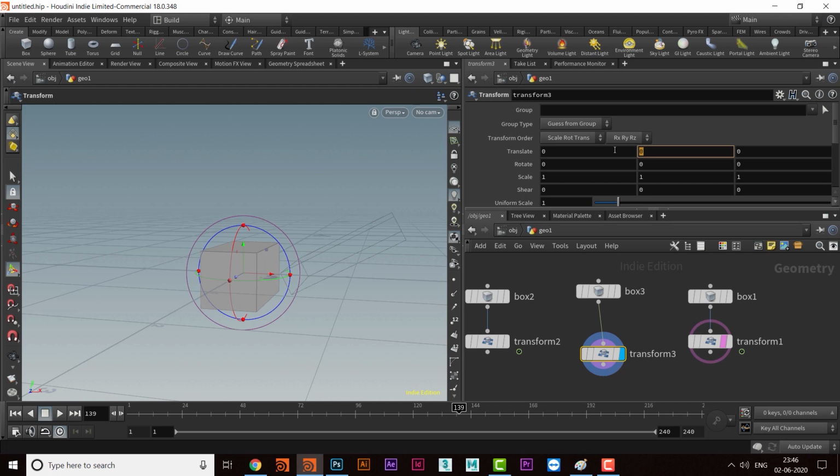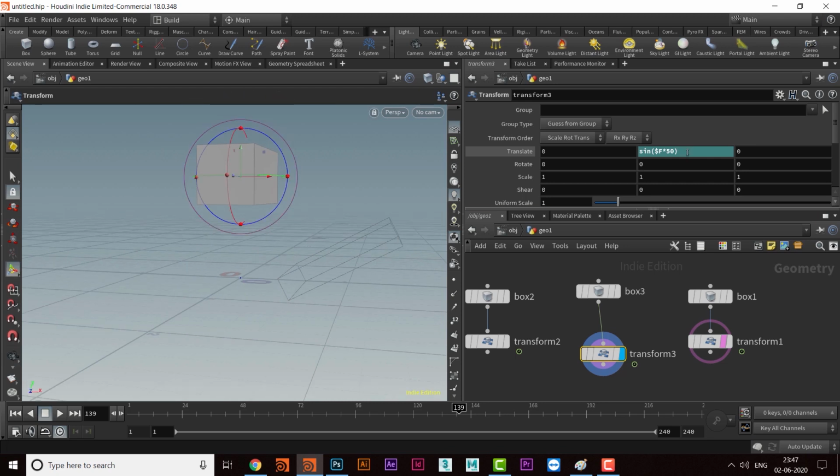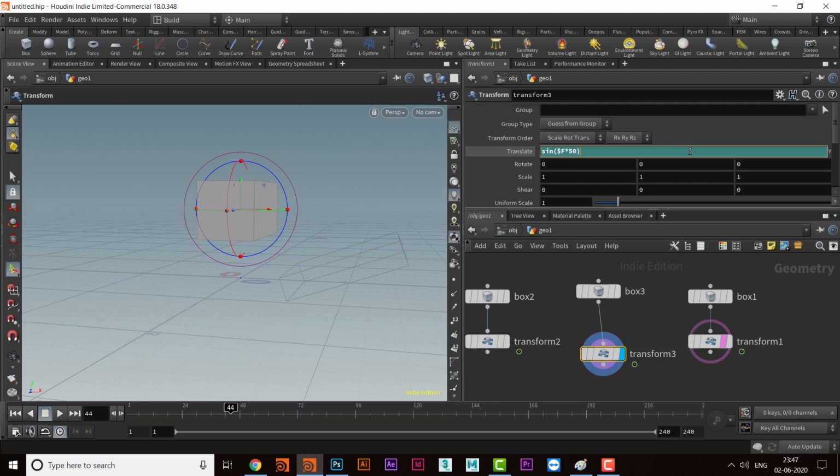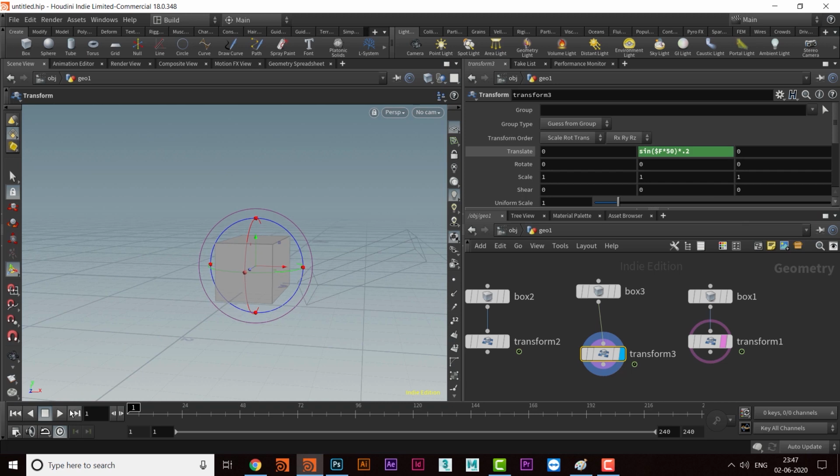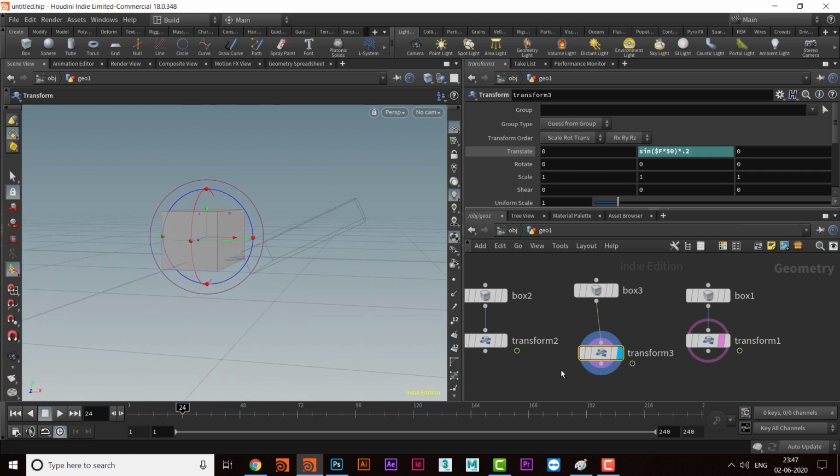I will write down sine, then dollar capital F into 50, and that's it. Enter. Then reduce the whole amplitude to a great extent. So we'll multiply outside by 0.2 only.